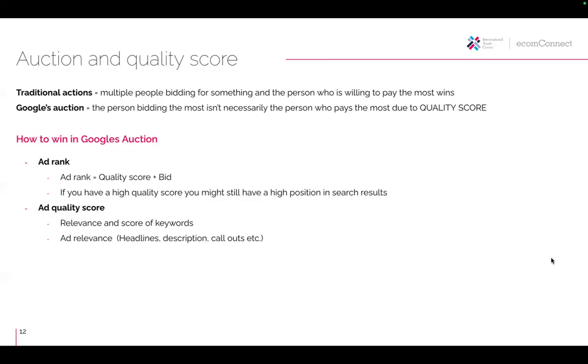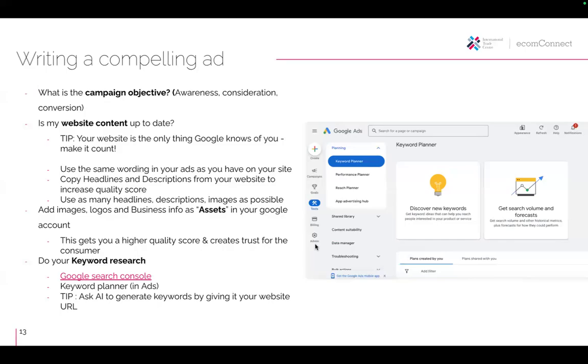So this is an important thing to think about. How does Google know who you are and what your business does? The only thing that Google can see is your website. So if you have perfectly aligned on your website what your impact is, what your products are, what you're offering, all of these things, this is great.